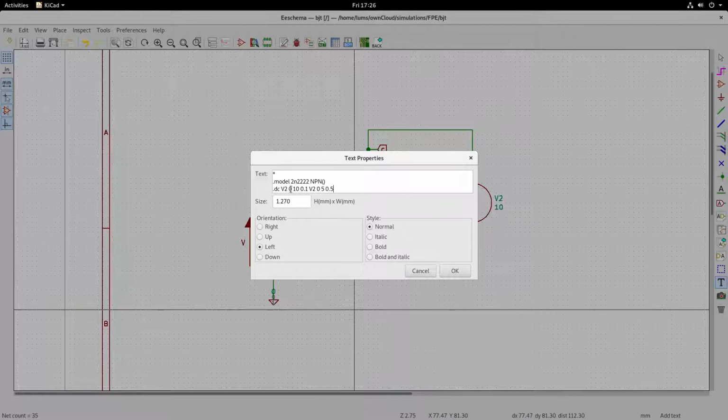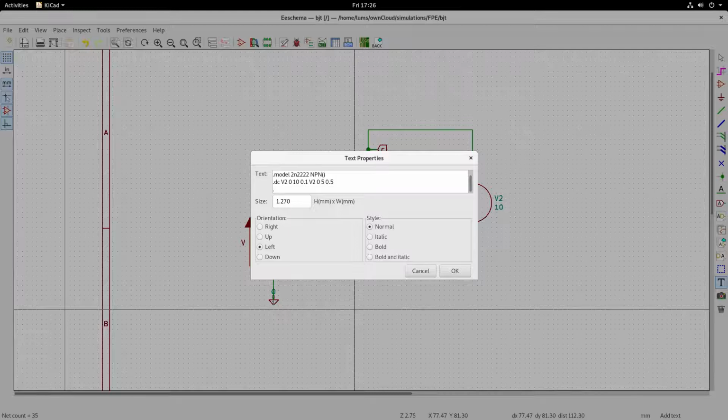So this would give 5 volts max, means 5 volts by 1k, 5 minus 0.6 by 1k will be around 4.5 milliamps, which will be passing through the base. So let us try to give the starting value, and then we can adjust the value of the resistor to see the characteristics.